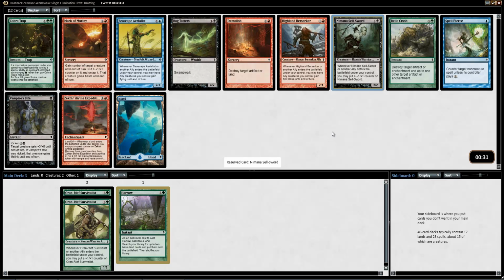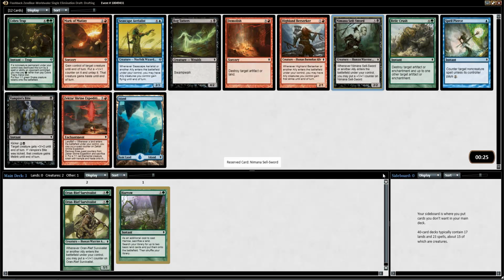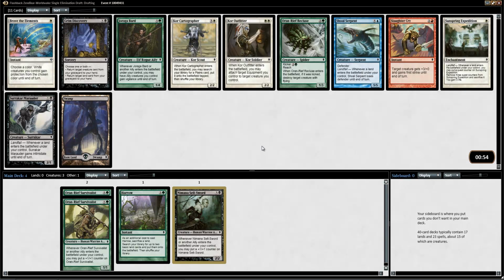I think I would rather go green-black than red-green, and so here I'm going to go ahead and take the Namana Sellsword. There are a bunch of nice allies in the third pack that are black and green. You get the Pajuka Brigand and you get the Timbermaw or Grey Pelt Hunter. Also, I think black is just generally one of the better colors in this format, so taking the Sellsword there is quite nice. And it looks like we got a little bit rewarded here with a 5th pick Zendikar Marauder,